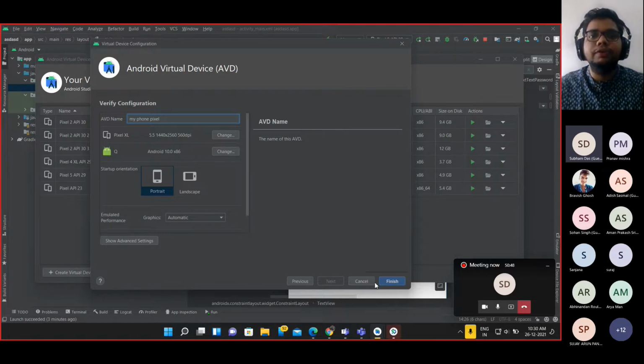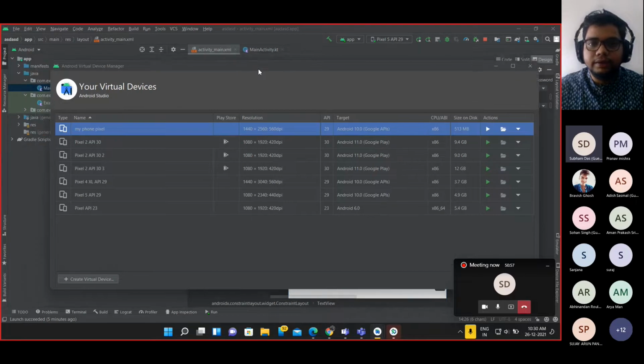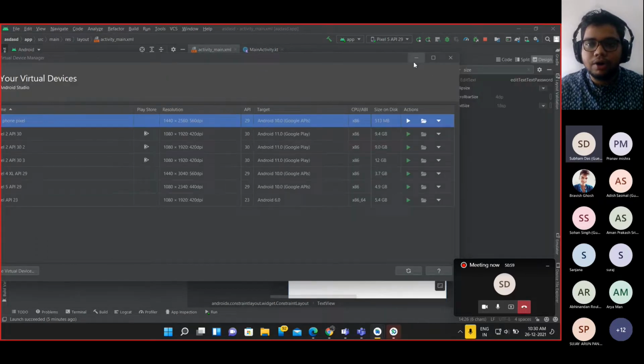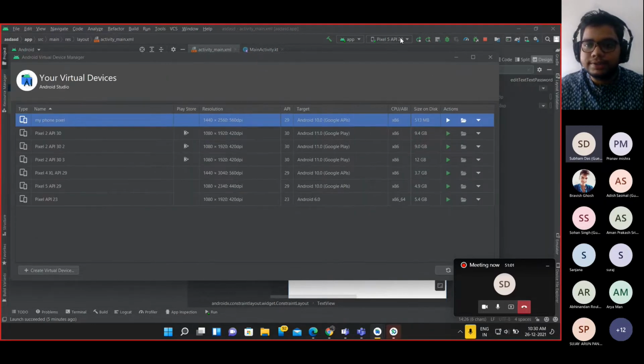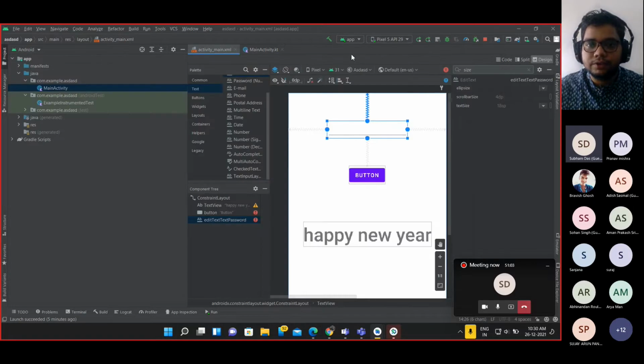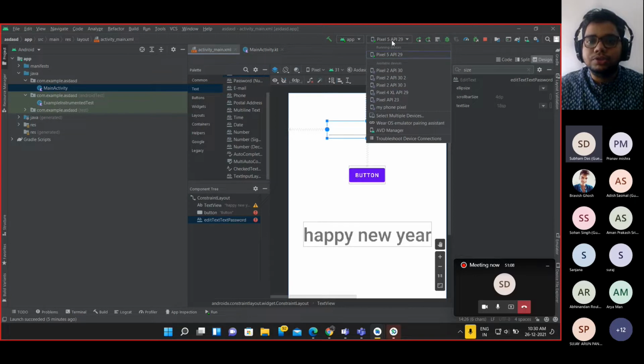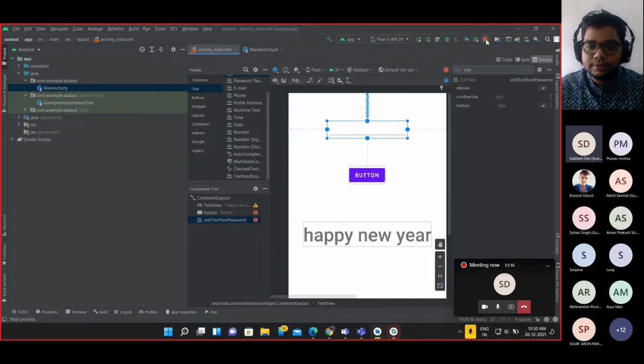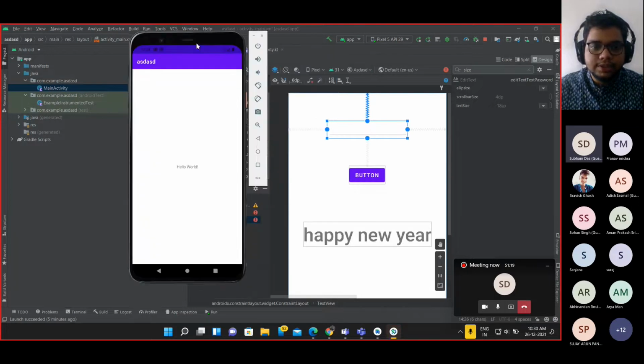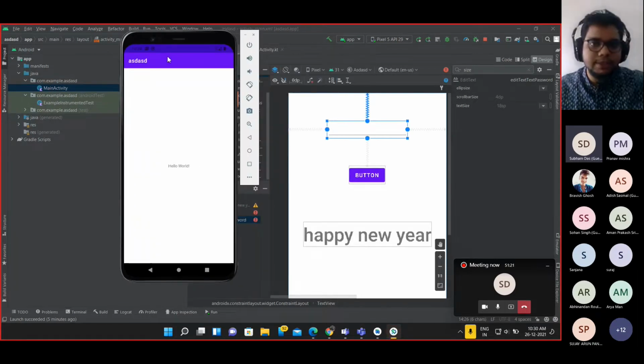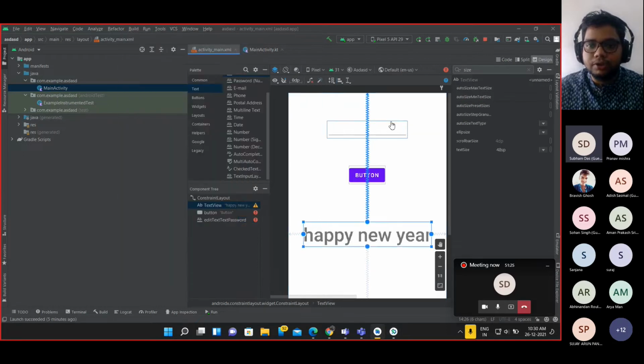Phone installed over here. And so how you are actually going to run it is over here you will have your app, which means that you are running your application, and you can actually choose the phone that you have created or whatever phones that you have available. It would show over here and you can choose that and click on run. So I have already run it, and you can see that the app has already opened. Let me rerun it so that you can see actually Happy New Year being printed over here.